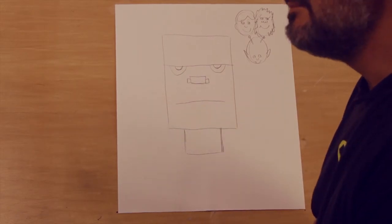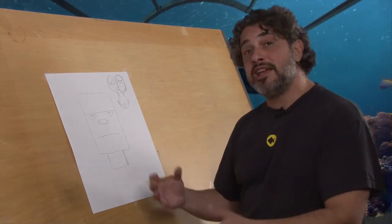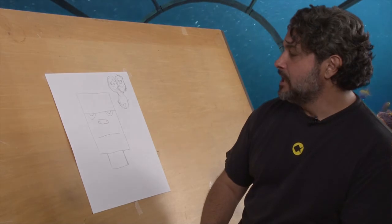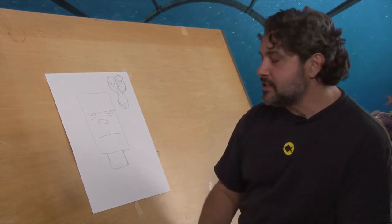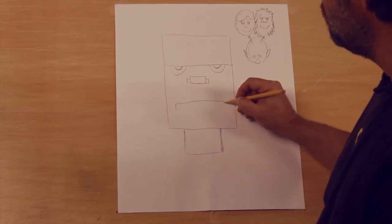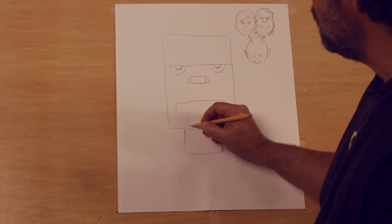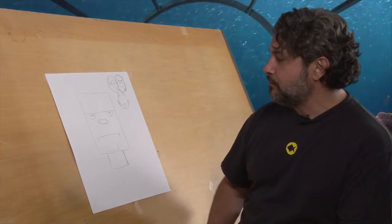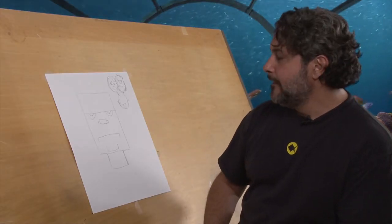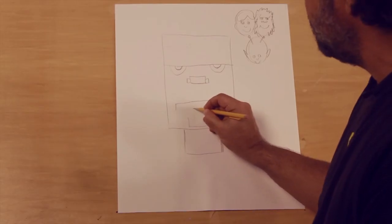a mouth. You think this could be a robot? Sure. Because most people aren't made out of rectangles, and if you make somebody out of rectangles, they're going to look like a robot. So we need to make him look more like Frankenstein. Let's give him some more bits of character here. 2 little lines on the edges of his mouth, sort of make a frown. While we're there, let's give him a chin, a rectangle without a top right below his mouth. And I love it when a little line can do a lot of work. Just put in a little line right below his mouth, and now it looks like he has a shadow under